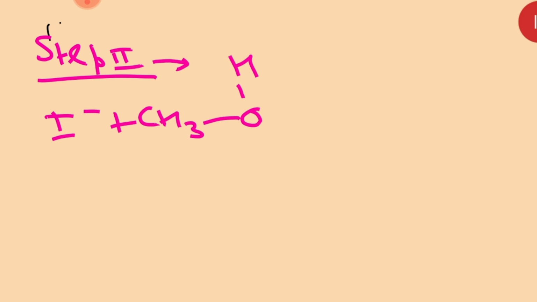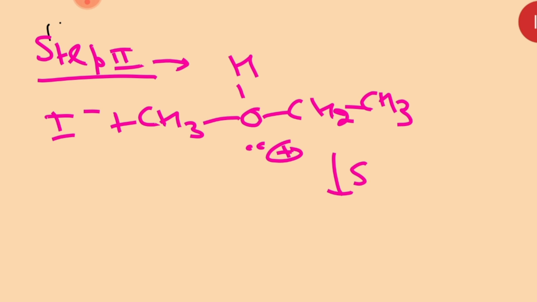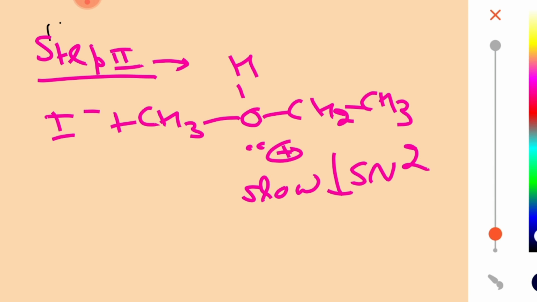Clear? Now I am going to do step number 2. Now you please see, all of you, what to do in step number 2. This is I negative and CH3 OH. What we made in the previous part, the oxonium ion, that only I have written there. Okay, now SN2 with the SN2 mechanism. Slow step. Now you tell me from where you will cleave the bond.